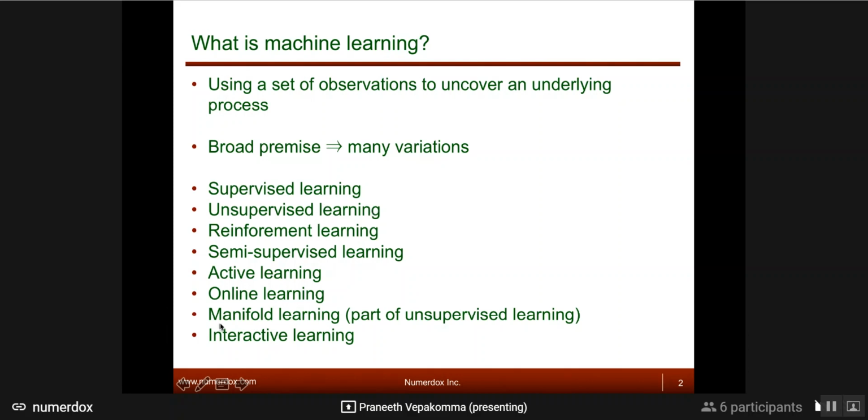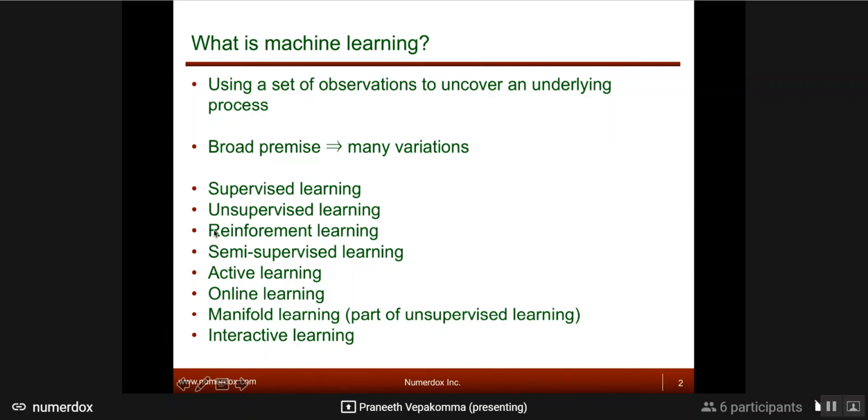Manifold learning is part of unsupervised learning. Unsupervised has a lot of other techniques, but this is gaining popularity in itself, so people have put it aside. There are other terminologies people use to refer to this, like embeddings. But here they assume that you have data, but in unsupervised you do not have labels. So all they assume in manifold learning is that your data lies on some sort of a surface or some geometry. There is some shape to it. And people want to make use of that shape of the data to do their analysis.